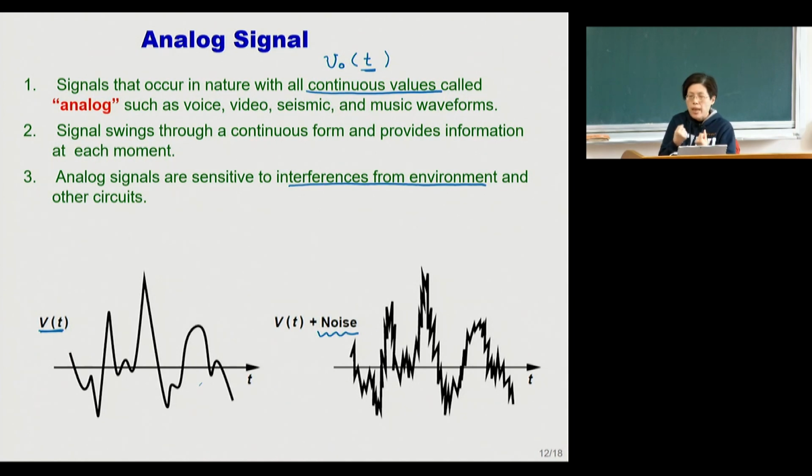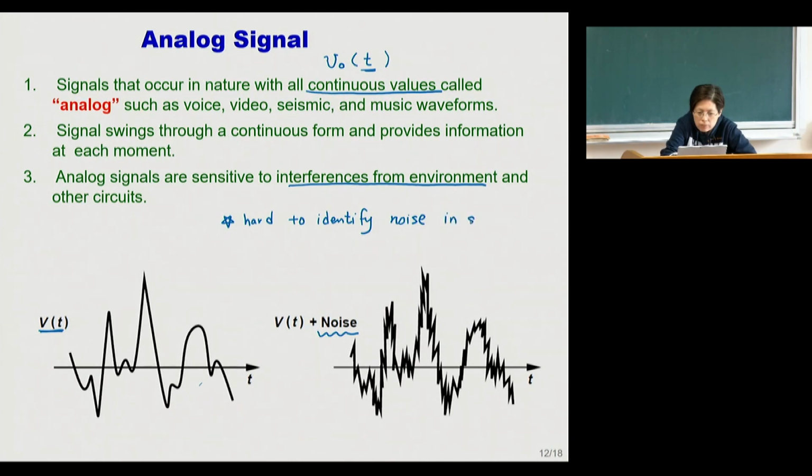It will be very hard for an analog system to identify whether my voice is shaking or whether there's noise in the component. It might be that my voice is shaking, or I'm speaking in the right format but there's an underground shaking. So it's impossible for us to differentiate whether the noise is part of the signal or not. So the problem with an analog system is that it's very hard to identify noise